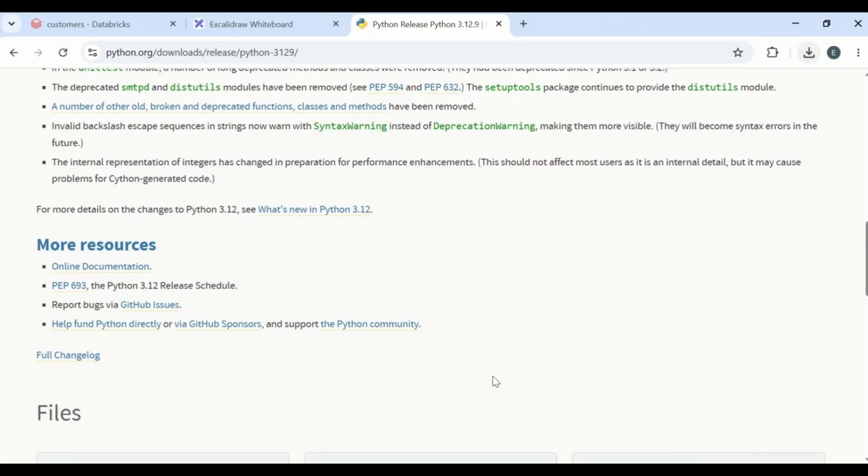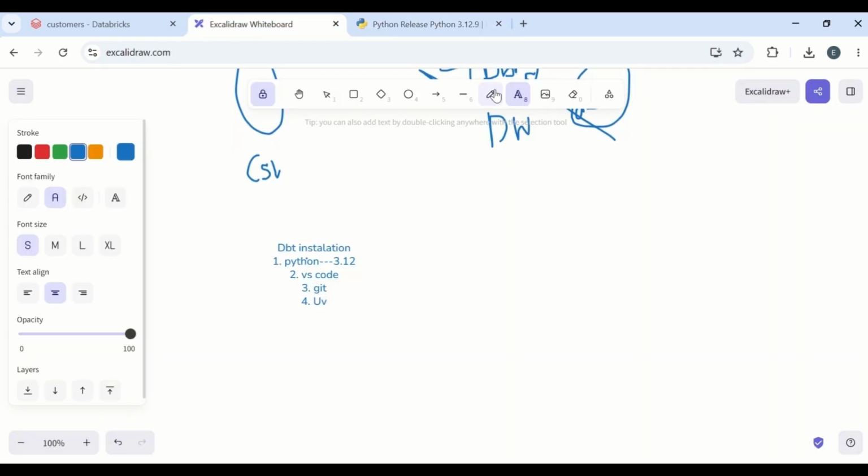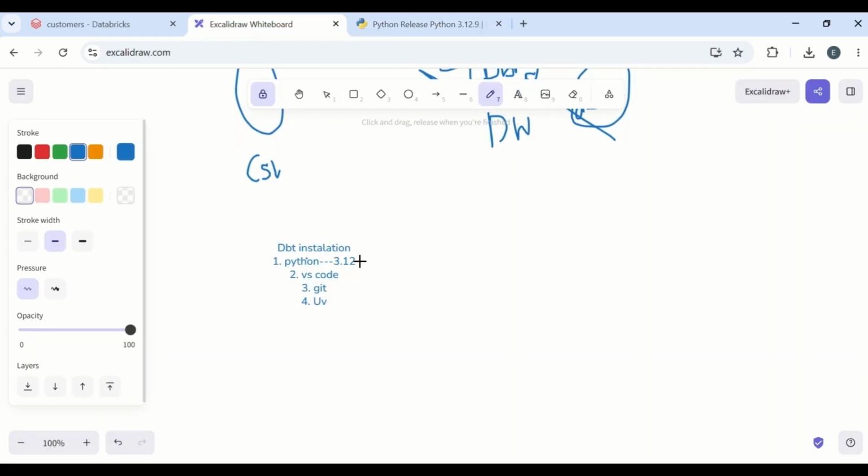So we can tick this one here and say we have installed Python successfully. The next step is to install